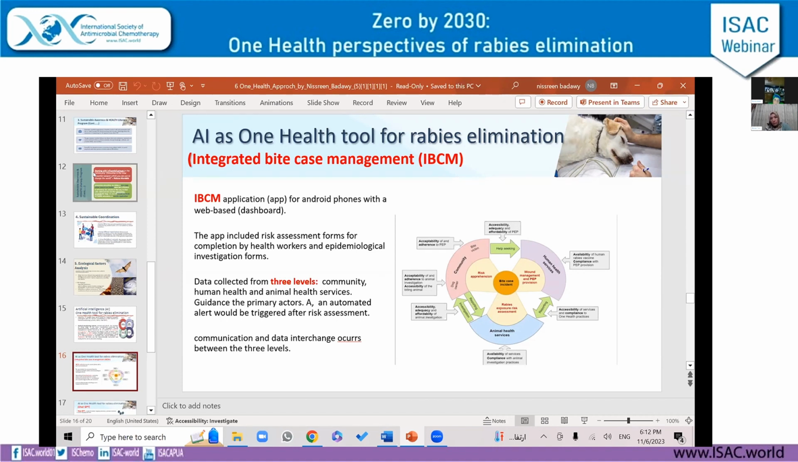After that, analysis of the bite and analysis of the geographic distribution of rabid animals is done to assess the risk, low risk or high risk, and then an action plan is taken according to the risk assessment after registration of this bite. And all the communication and the data interchange between these three levels, including also capturing of